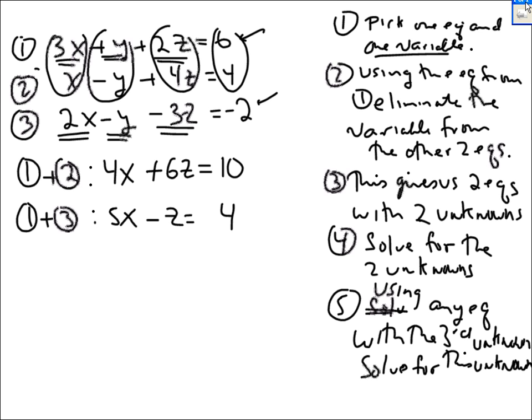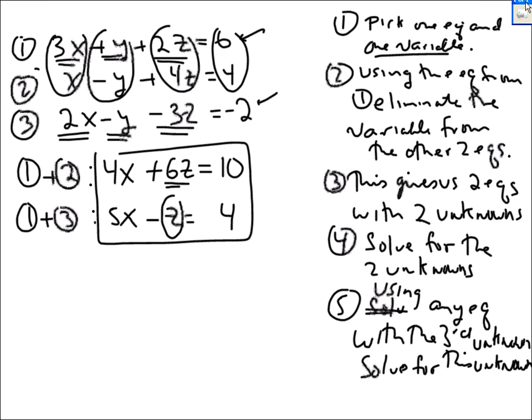Step 3 says this gives us two equations with two unknowns. Here they are. Okay, now this is old-fashioned for us. This is the old style, the original technique we're going to use. Step 4 says solve for these two unknowns. Well, I like the fact that this is 1z. Since that's 6,